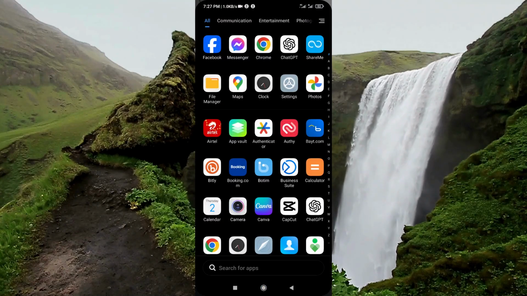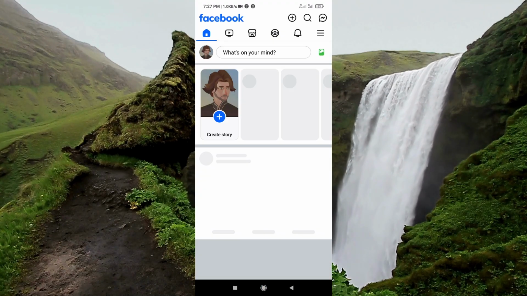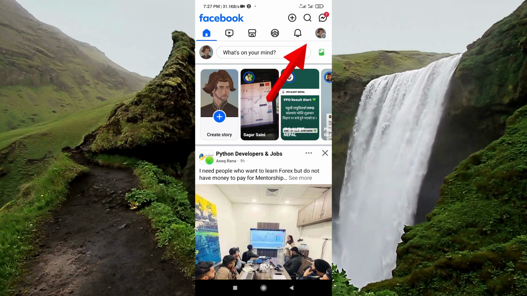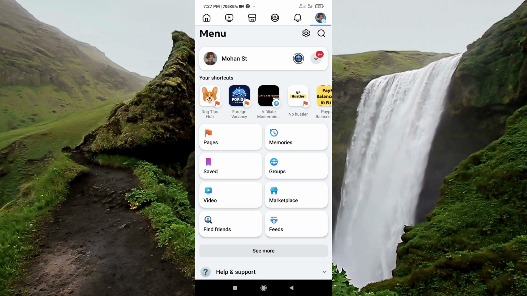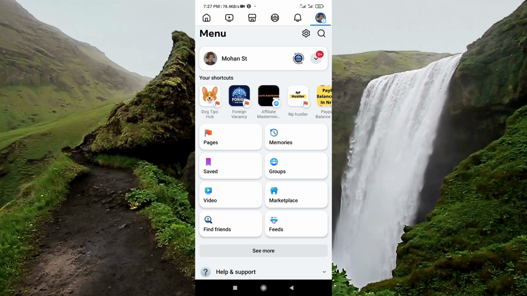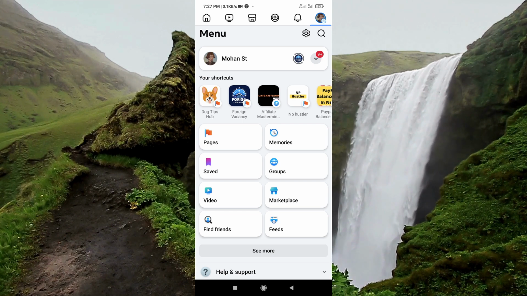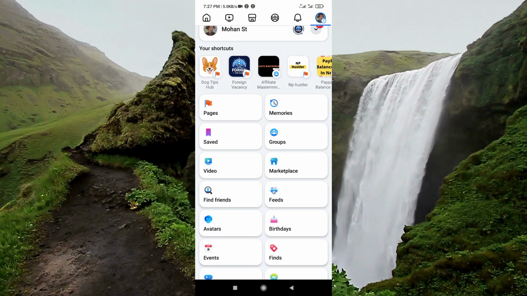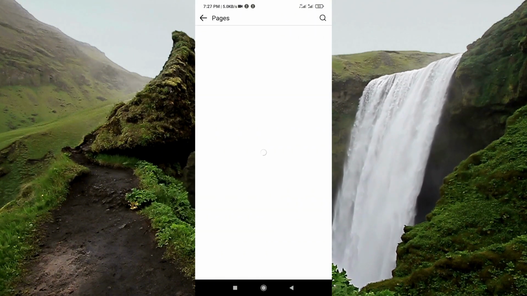First of all, open your Facebook account and tap on this menu icon on the top right corner or this profile link. From here, find the page section on your screen. If you don't see this page section, you can tap on this see more section and you will find this page section. Go to this page section and